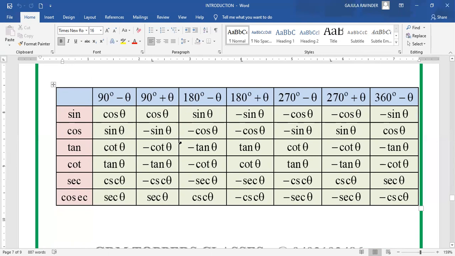Now the results from the above diagrams, from the above allied angles, are furnished in this manner. So you have to memorize all these results, but you need not worry. All these will come to mind with your practice on exercises. Okay, friends, those results which we have discussed now have been furnished in this tabular form, so accordingly you can memorize. Like this, you can define the trigonometric ratios of allied angles.